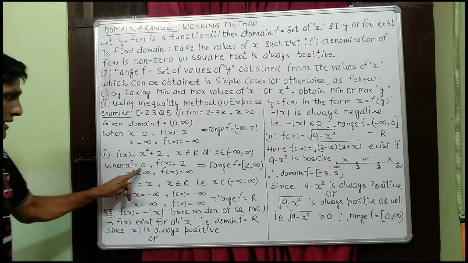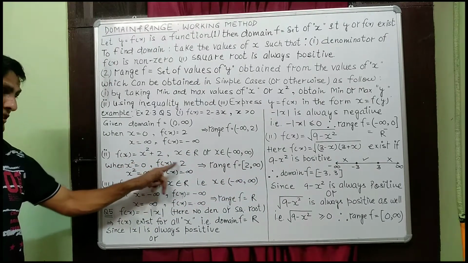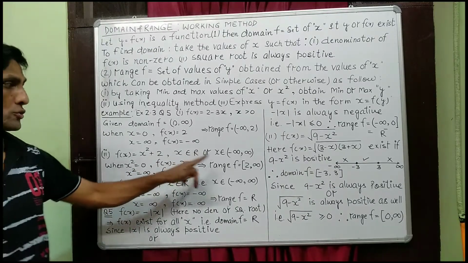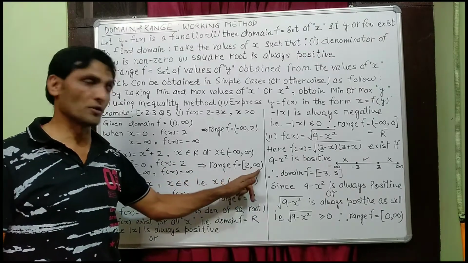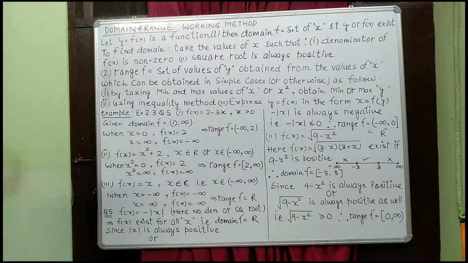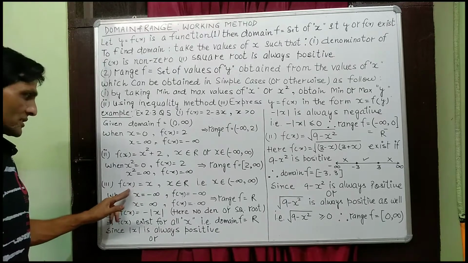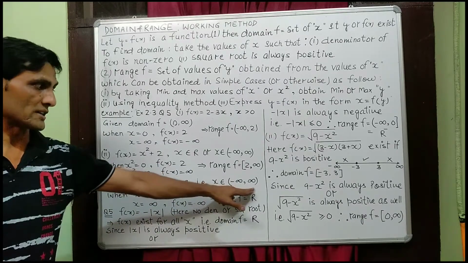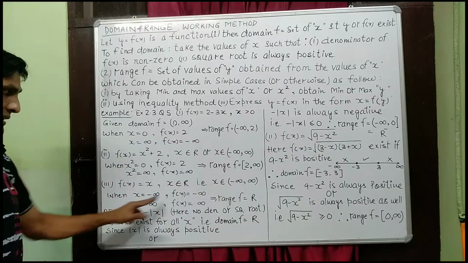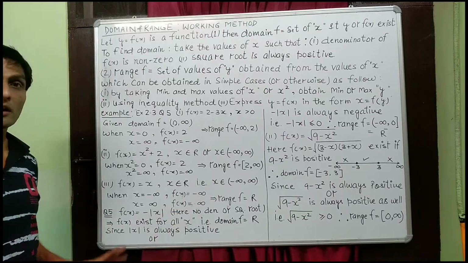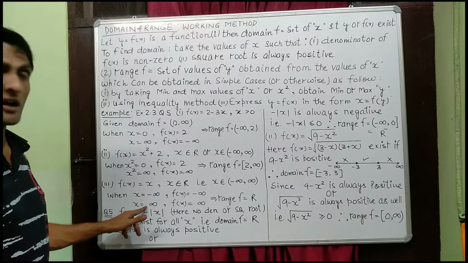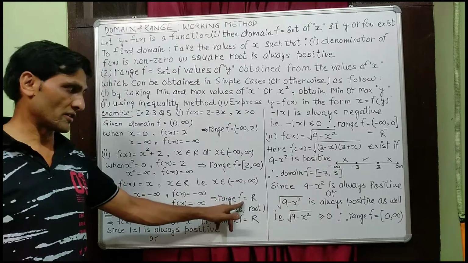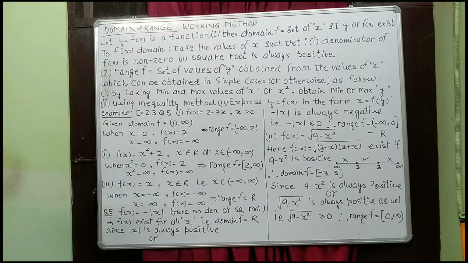Since the value of x square is 0, the value of f(x) is 2. Both are included, because this is included, so that is included. So the range of the function is [2, infinity), a closed interval at 2. Now this is your identity function, f(x) = x, that is, y = x. Whatever the value of x from minus infinity to infinity, the value of y is obtained as it is. Both ends of x are not included, and similarly both ends of y are not included. So the range of f is the real numbers, that is, minus infinity to plus infinity.